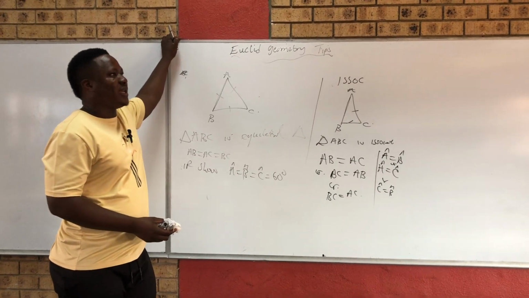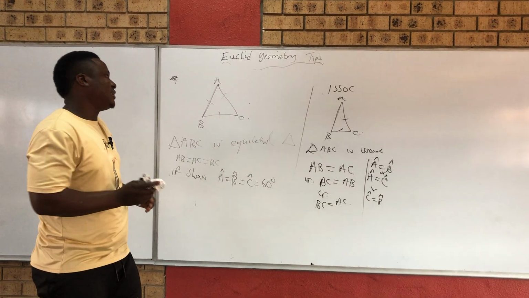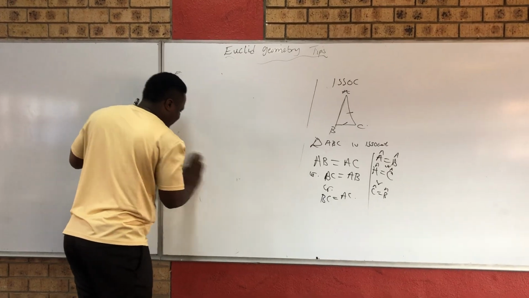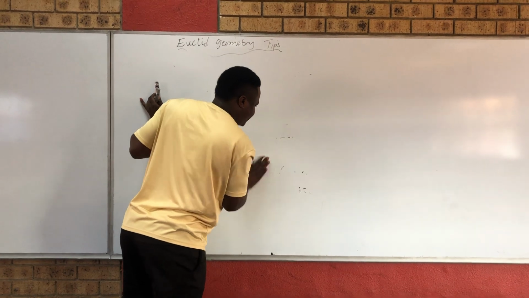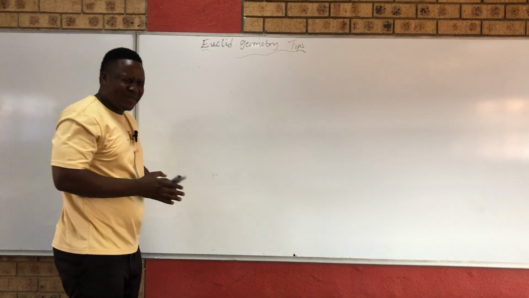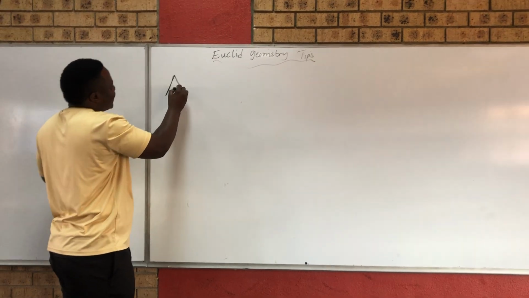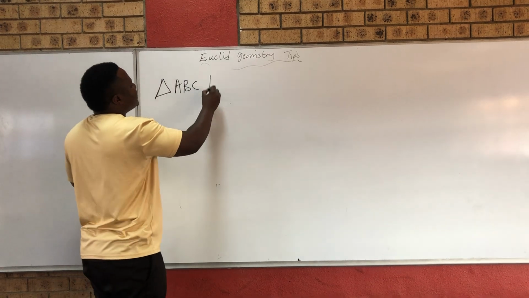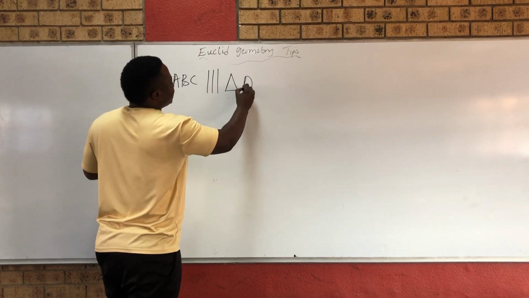Oh, the other thing that I think you can also be asked. This one is very, very important. Let me explain it. For grade 12, this one is very important. I'm just giving you tips, remember. If they say, show that triangle ABC is similar to triangle maybe